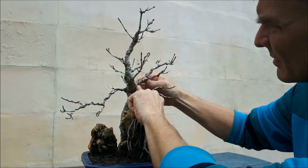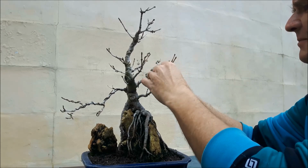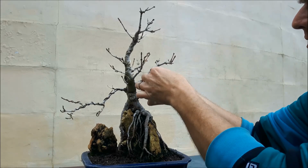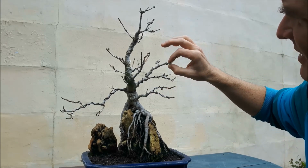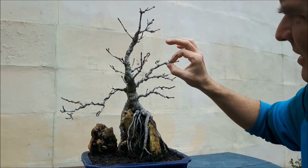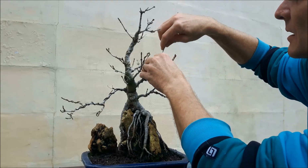So here we have the wire on. And now, of course, we have to do something, because just putting wire on is not gonna change a lot to the overall shape of the tree. Going to put the front one down a little, so that again it makes a difference in height. This, I don't think I'm going to need these ones. Too high anyway. Maybe just by doing this. Well, it's just a little wire, so let's do it. It's not a lot of work,